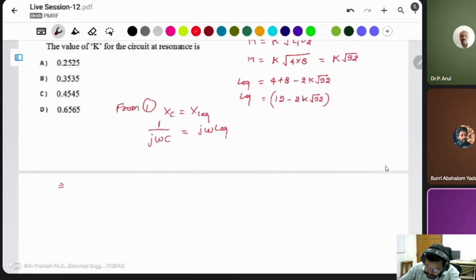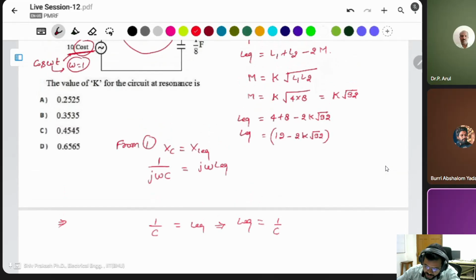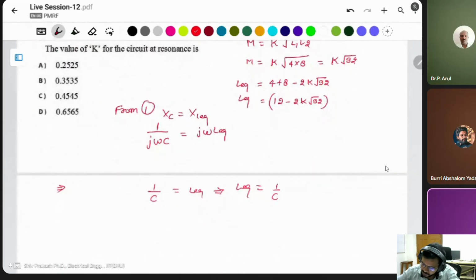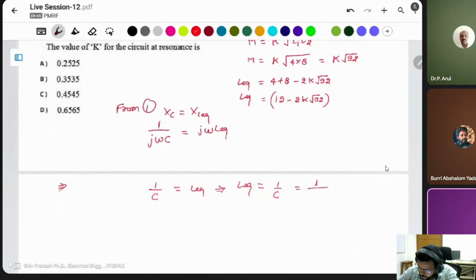Take the magnitude for both, because both are equal, that means the magnitudes are also equal. 1 upon omega is equal to 1, 1 upon C is equal to L equivalent. That means L equivalent is equal to 1 by C. Omega is equal to 1, and C is 1 by 8 in this case. That's why 1 divided by 1 by 8 will be 8. Equivalent inductance is 8